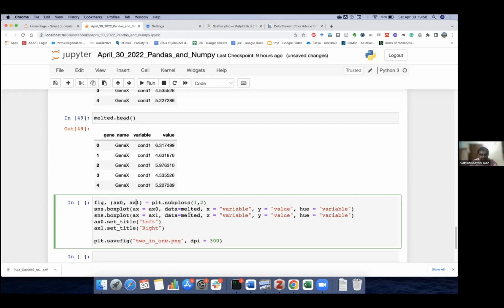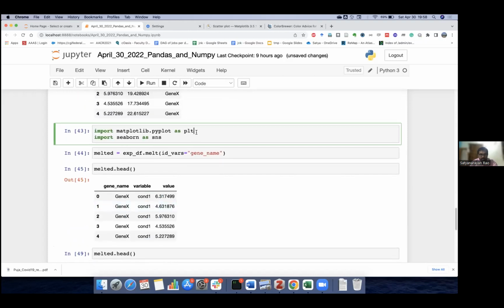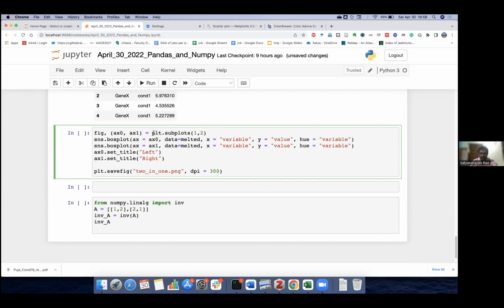For example, here plt is the module that you just imported, pyplot, right? So you're saying, give me the subplots, basically a vector or a matrix of panels. And the design of those panels is set by rows and columns. So here you're saying 1 row and 2 columns. So basically you're saying 2 panels, horizontal panels, not a vertical stack. Horizontally stacked. So 1 row, 2 columns, and the first panel is pointed to by ax0, the second panel is pointed to by